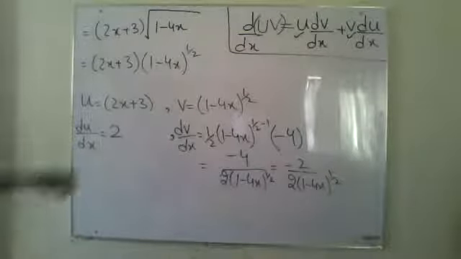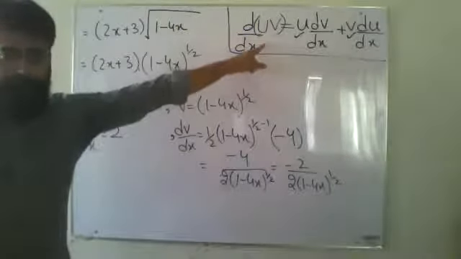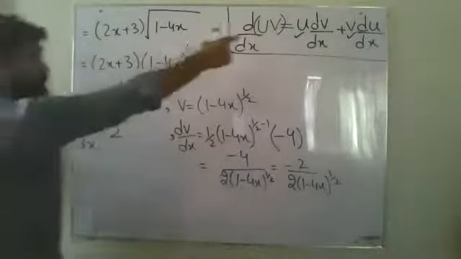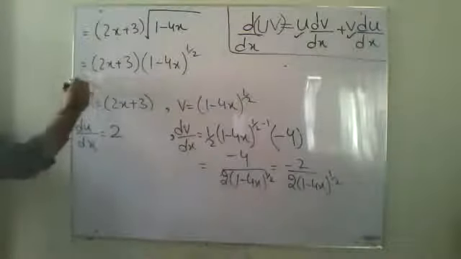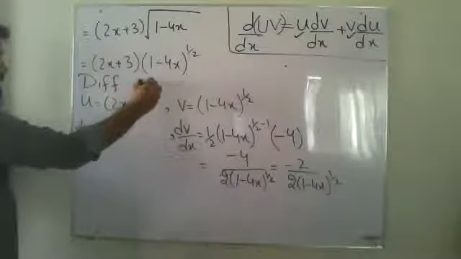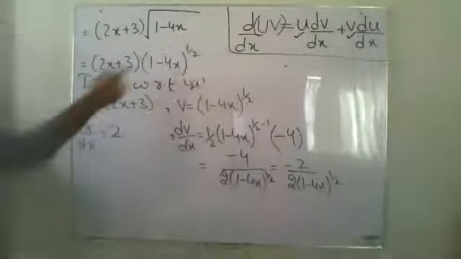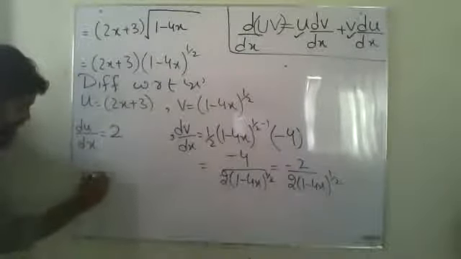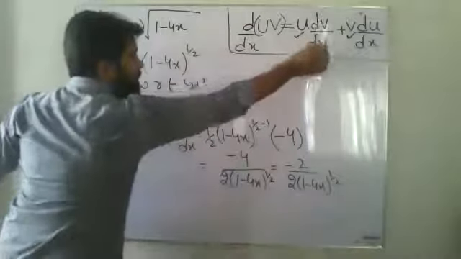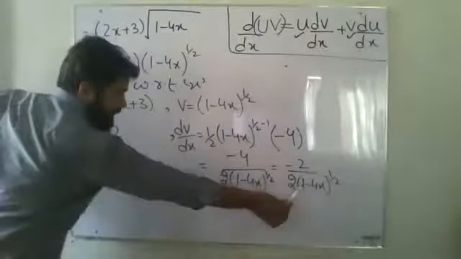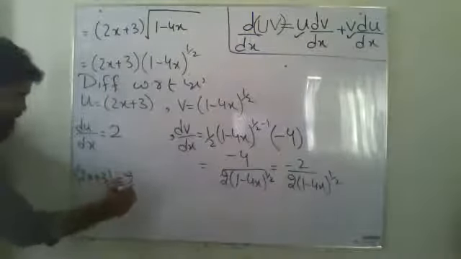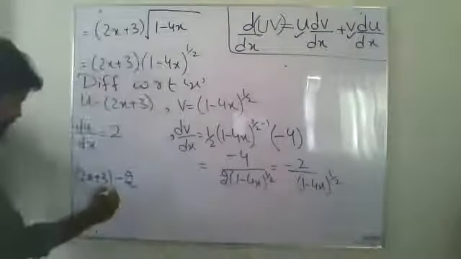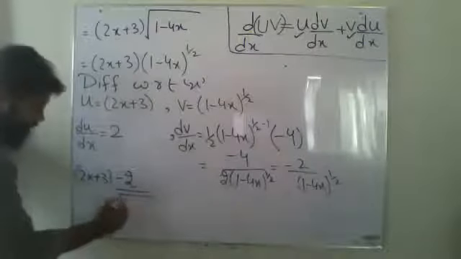Okay. So now, coming back to my simplification. The value of u is, now I'm going along according to this. Okay, you can write it over there, differentiate with respect to x. So what will happen? First of all, u. So what was my u? 2x plus 3. Multiply by v differential, and my v differential is coming this minus 2 over under root 1 minus 4x